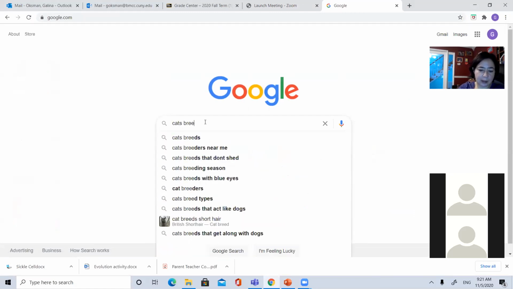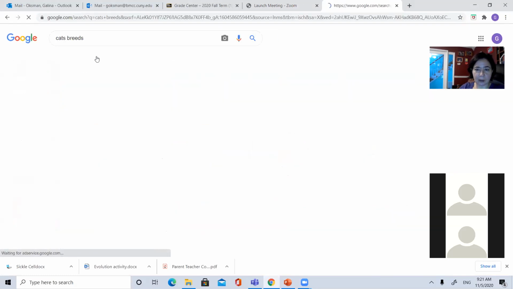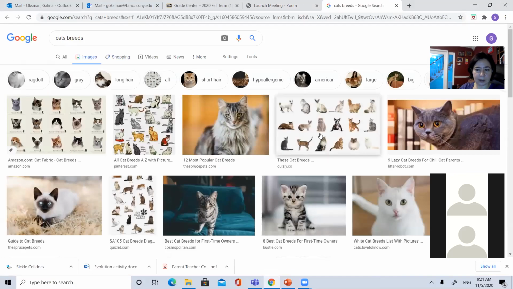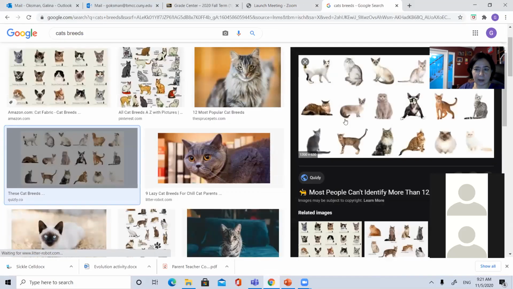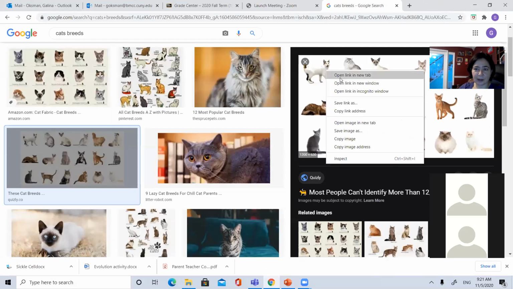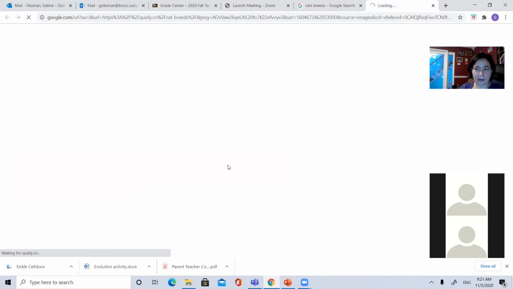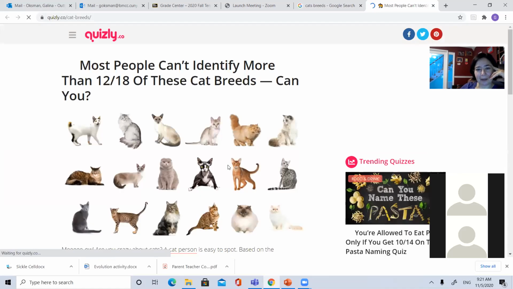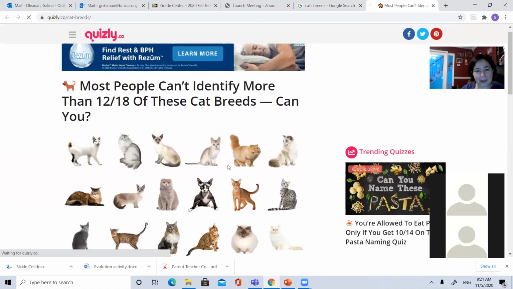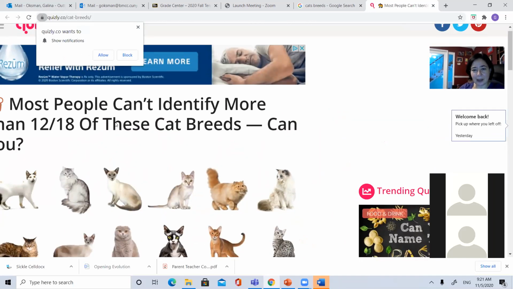Cats. It's definitely more complex, but I love cats, so, but it can be any animal. So this is a good example of phenotype. Okay, cats are